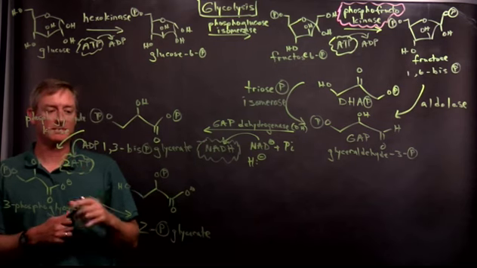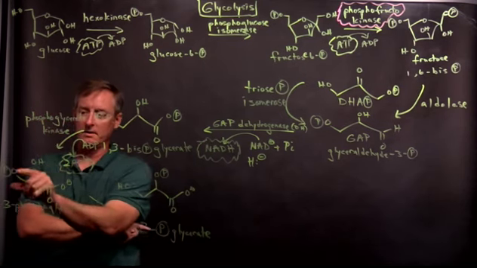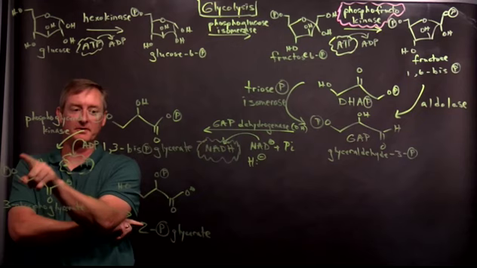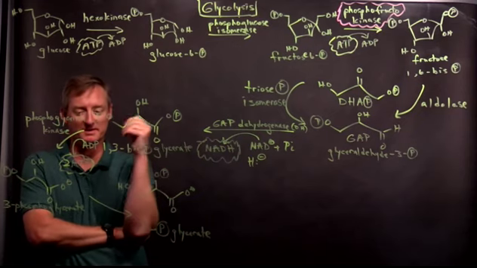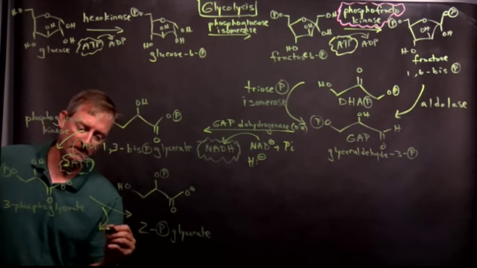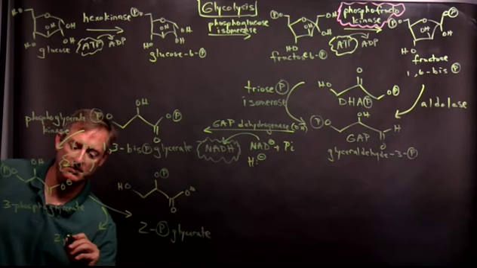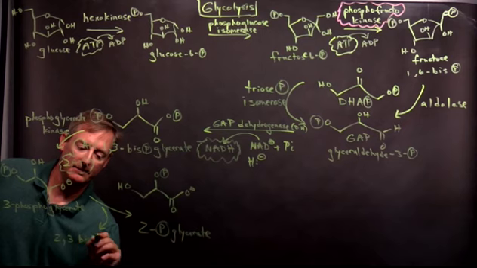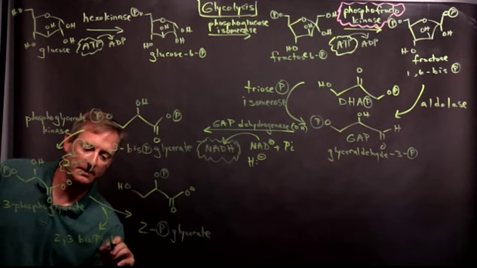And this is an interesting reaction. We're not just plucking off this phosphate from the 3rd position and sticking it on the 2nd position. Really, there's an intermediate that's formed in this reaction, which is called 2,3-bisphosphoglycerate,